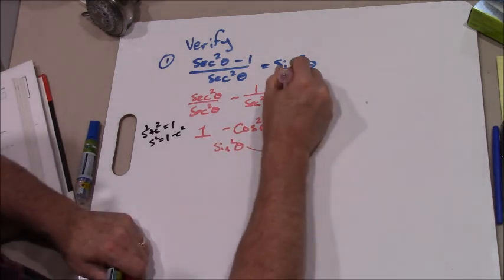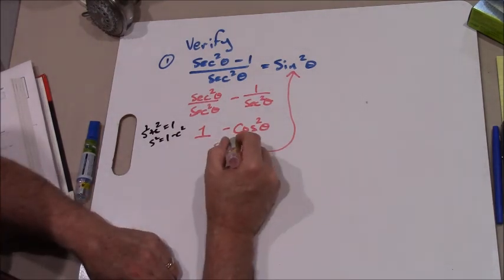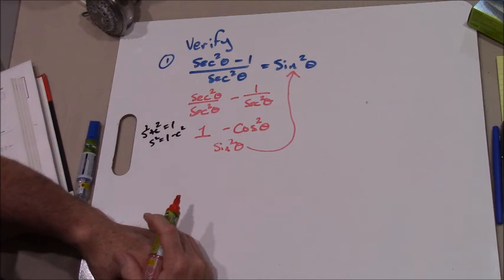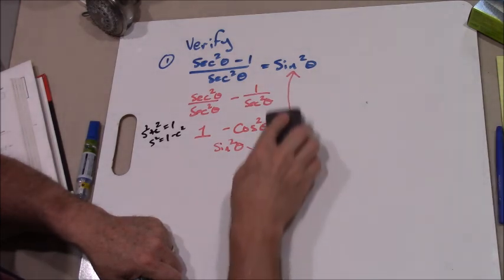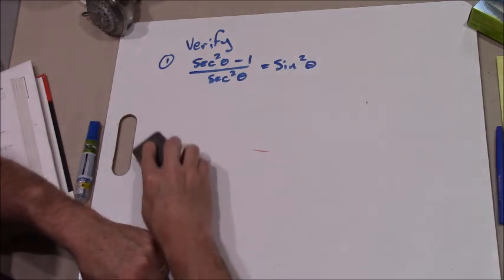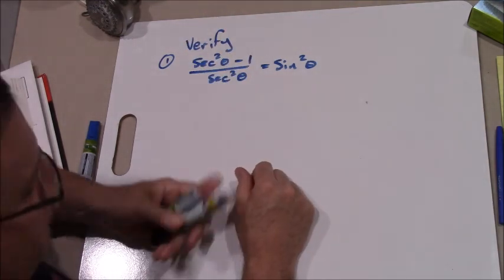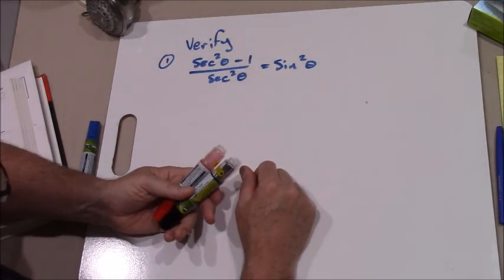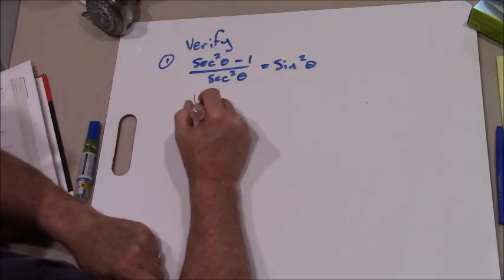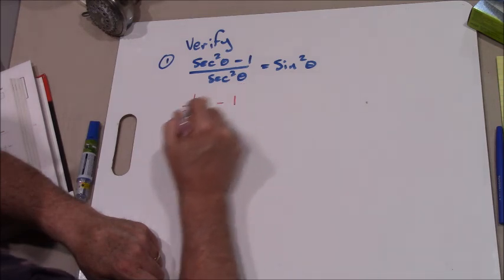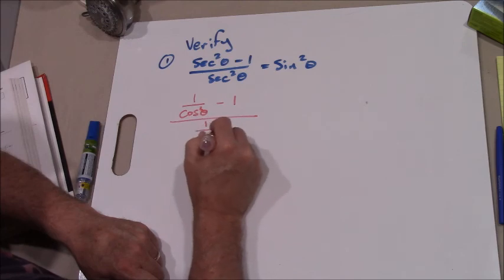And I always like to draw an arrow back to whatever it is we're trying to show. And so there it is. I have verified that that is true. Now, that didn't have too many steps involved, but somebody else may have said, well, I'm just going to change the sines and cosines right off the bat. So I'm going to go 1 over cosine squared theta minus 1 over 1 divided by a cosine squared of